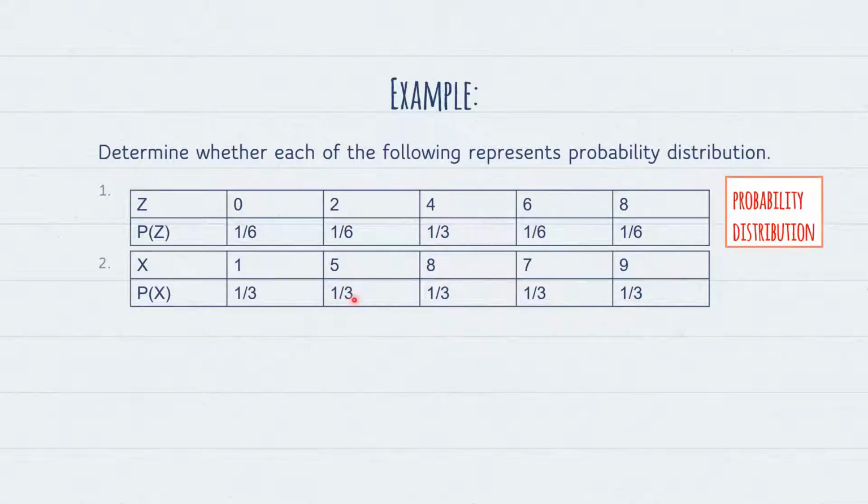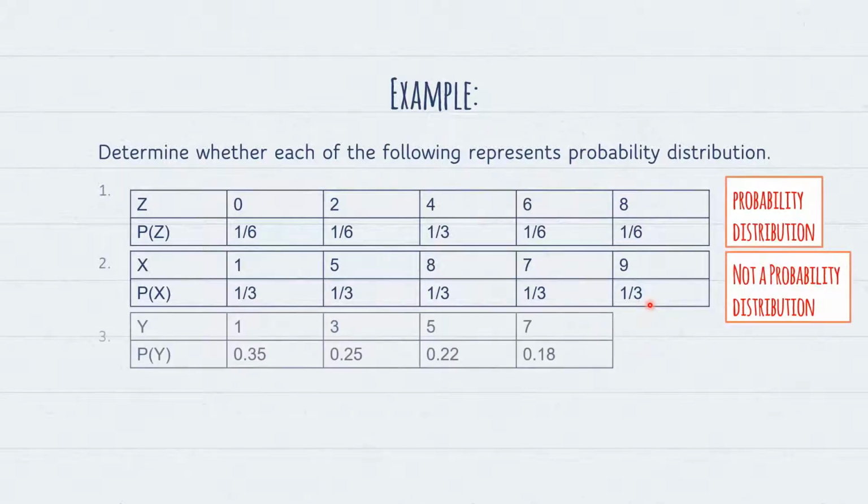So, 1/3 plus 1/3 is 2/3, plus 1/3 is 3/3, plus 1/3 is 4/3. And for 1/3 plus 1/3 we have 5/3, or 5 over 3. So, since 5 over 3 exceeds 1, therefore, this is not a probability distribution. Okay? Next, for number 3, we have